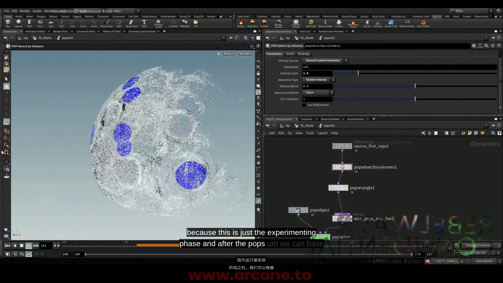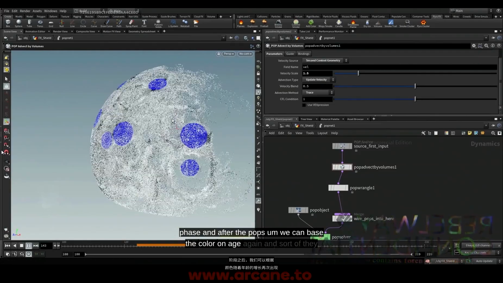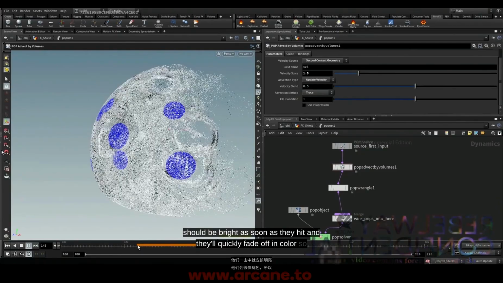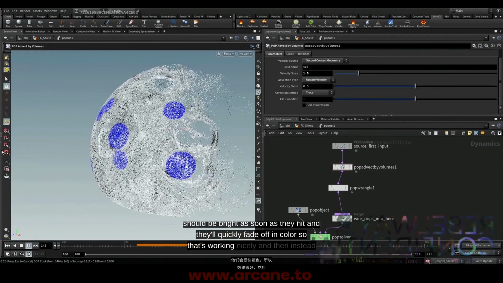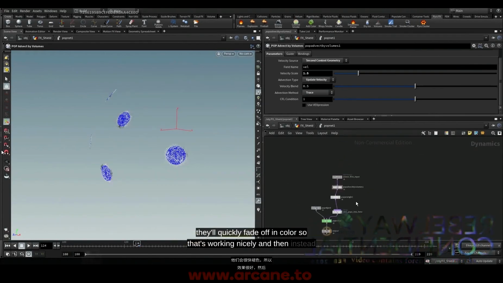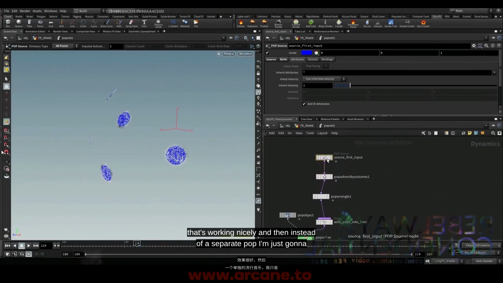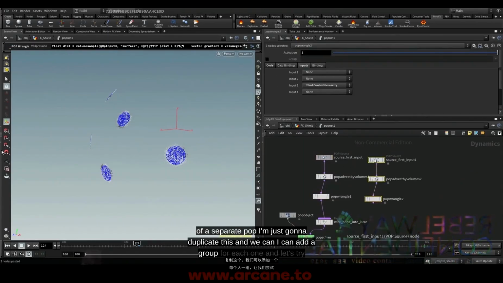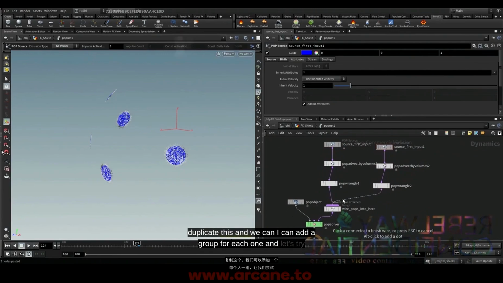And after the pop sim, we can base the color on age again, and they should be bright as soon as they hit, and they'll quickly fade off in color. So that's working nicely. And then instead of a separate pop, I'm just going to duplicate this, and I can add a group for each one. And let's try